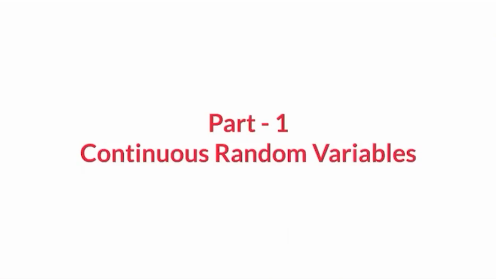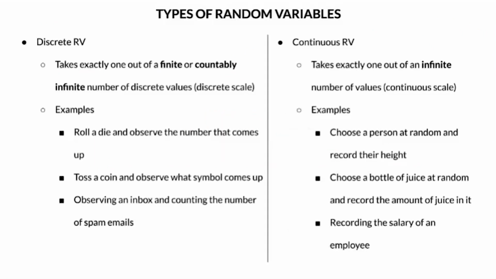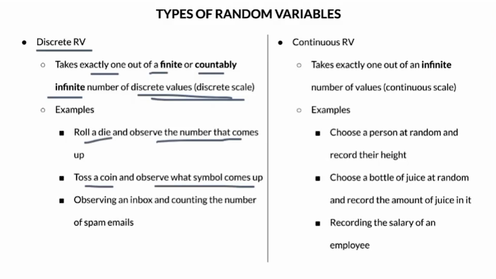Okay. So part one, continuous random variables. First of all, let's look at the type of random variables. As we just discussed, there are discrete random variables. It takes exactly one out of a finite or countably infinite number of discrete values. Okay. So some examples can be rolling a die and observing the number that comes up, tossing a coin and observing what symbol comes up, observing an inbox and counting the number of spam emails, right? All of these are